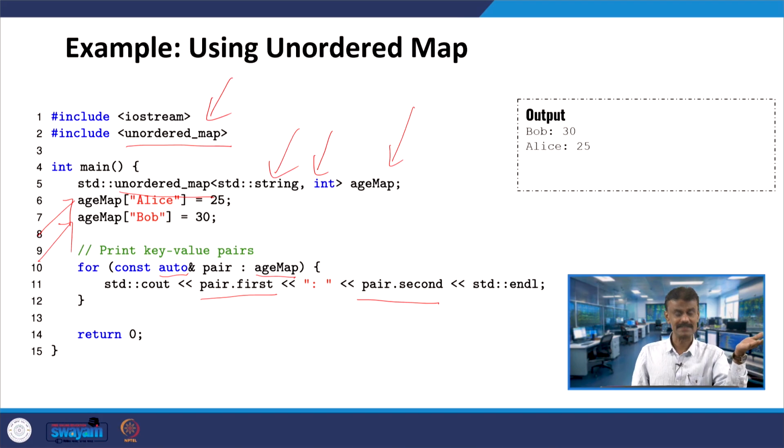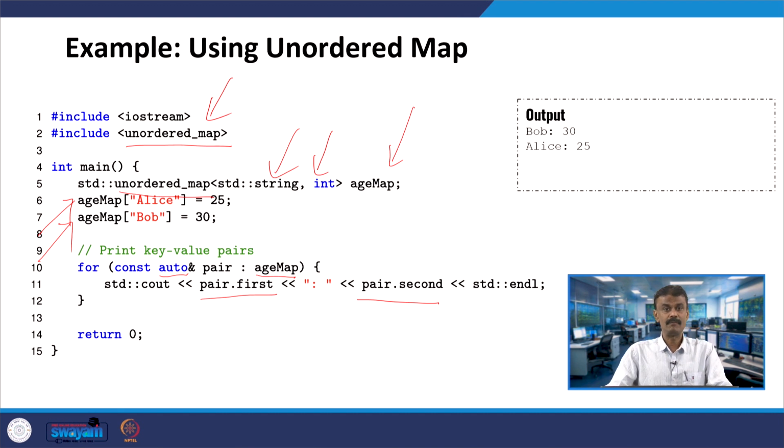So, it is unique, another name and another age, so this will be printed. In fact, when we run the code, we are getting the output Bob 30. You can see here Bob 30 we are getting first. That is what I said. Which one will be printed, I do not know.